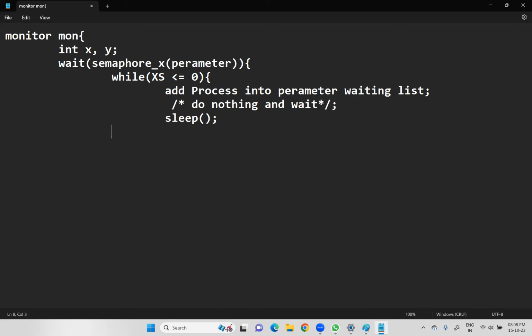If it is not so, then what are we supposed to do? So X, capital X, minus. Okay, it is under waiting state. And the second one is